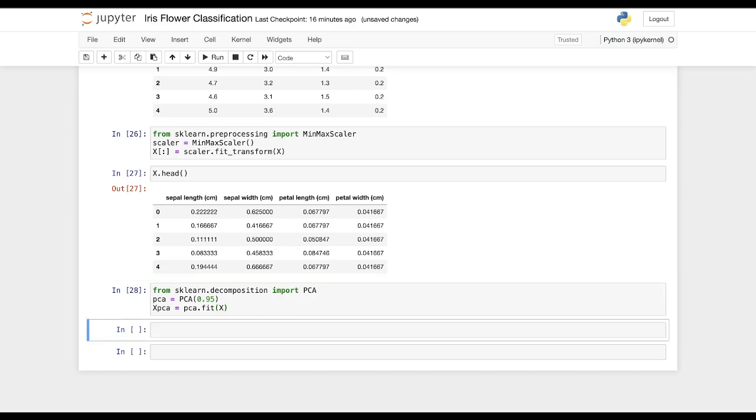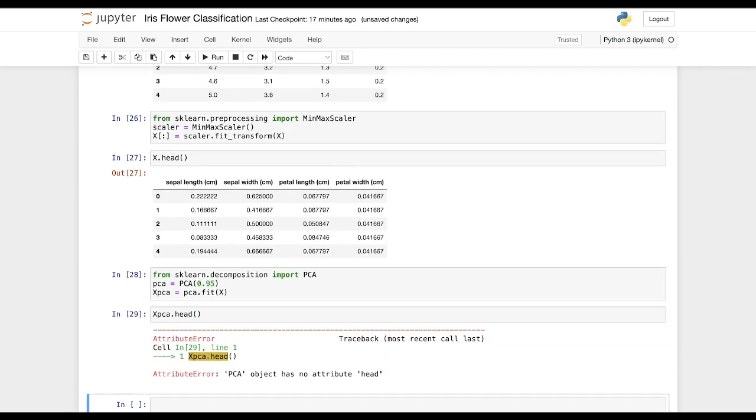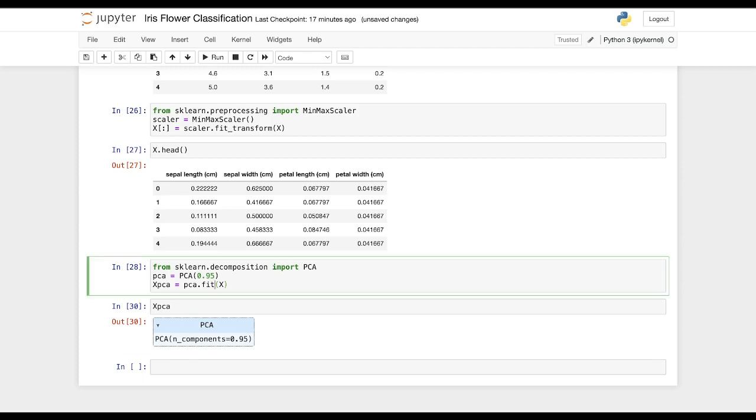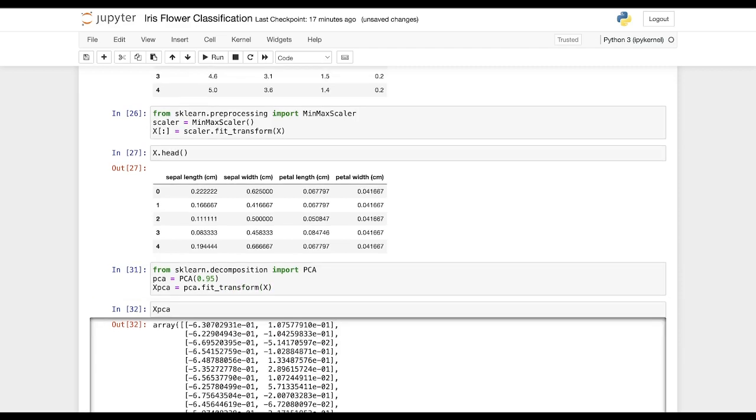Let's run this, and let us try to say xPCA.head. This is the xPCA on which you have just performed fit. Instead of performing just the fit method, you can say fit_transform. Let's run this, and let us try to display the data.